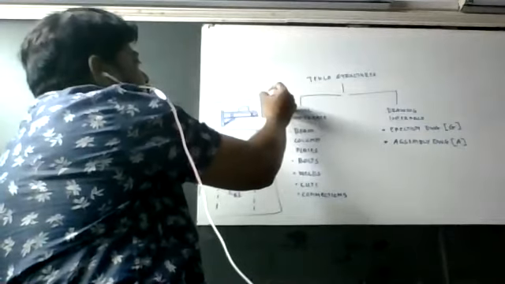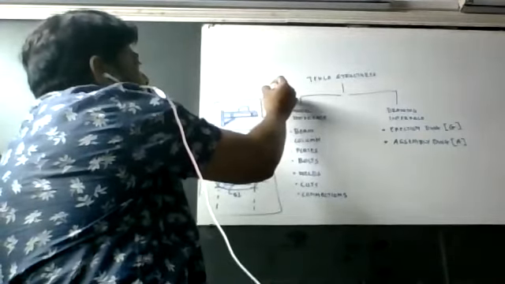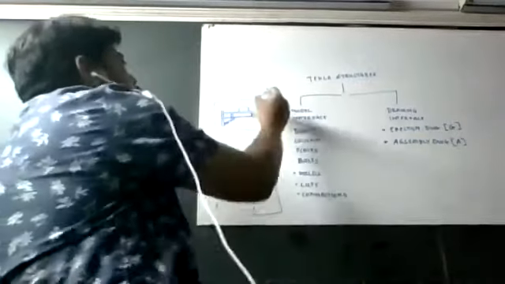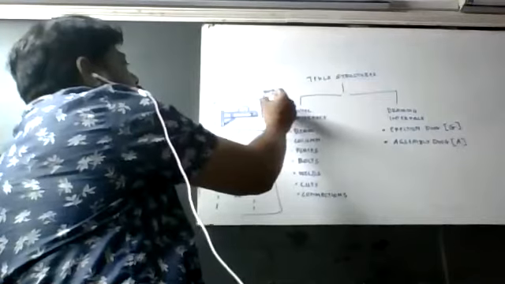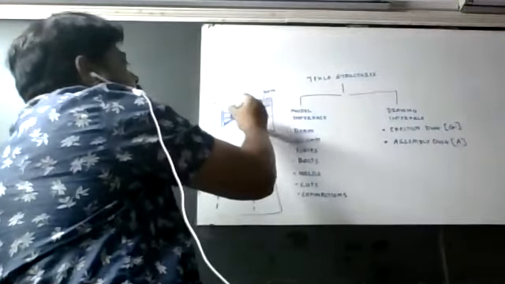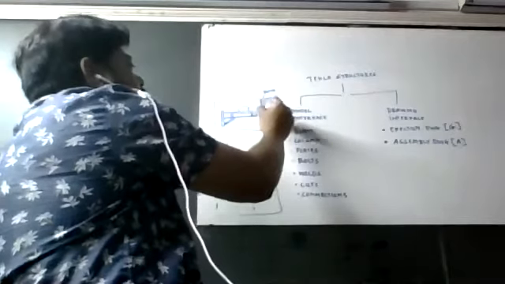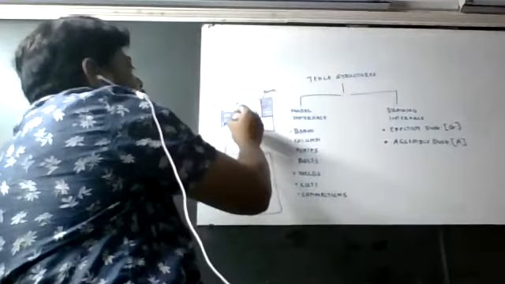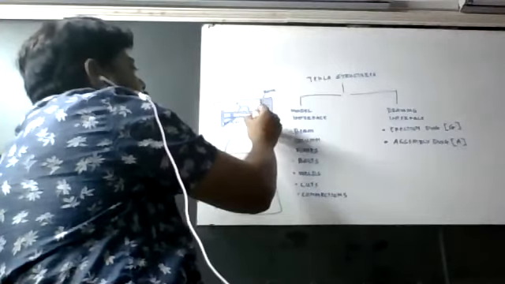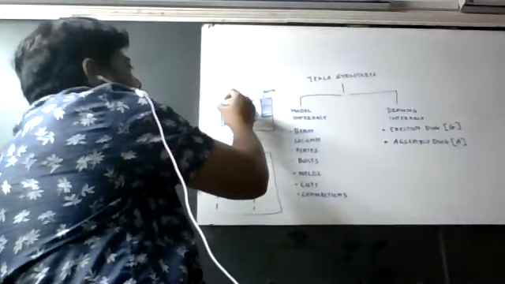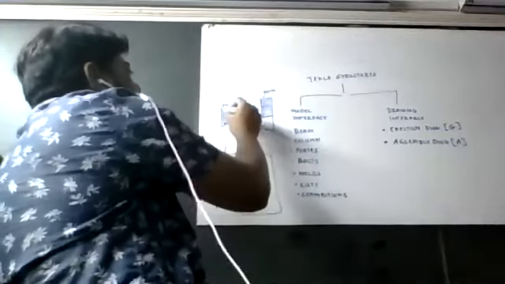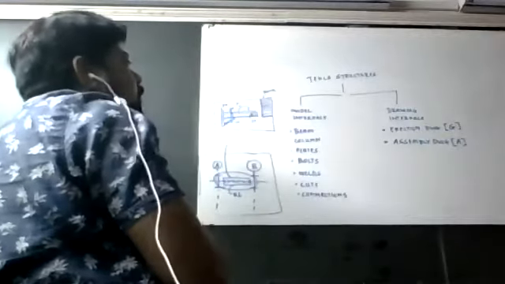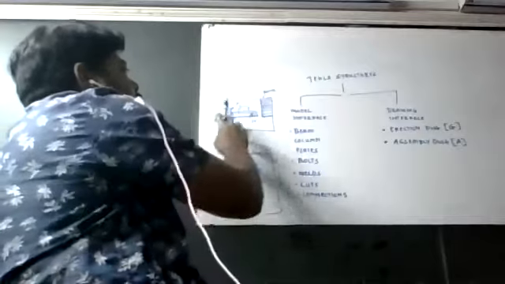Then here there will be a BOM, we call it a BOM, bill of material, or material list. So these items which are connected to this assembly will be listed here. What all items are there? So this will be say P1, P2, P3, P4, P5. All this P1 to P5 will be listed here, and what kind of material it is will be mentioned here.